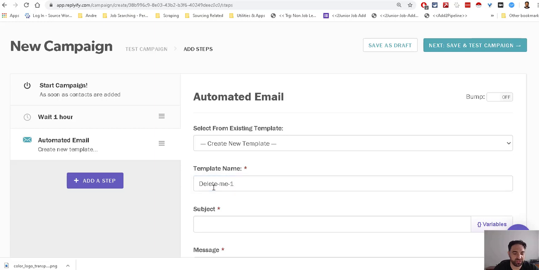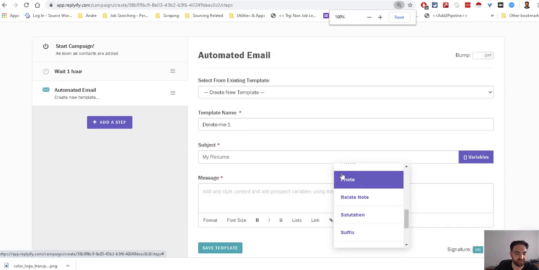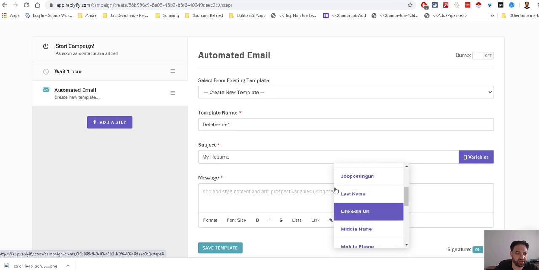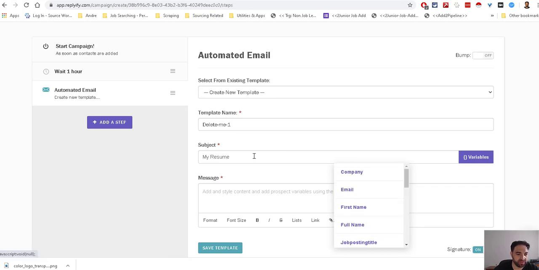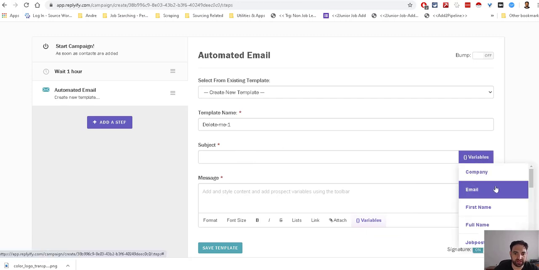And we're going to choose the subject, and let's say we're job searching, and the subject is my resume. Now you can use variables, and it'll give you the option to choose anything that you've put as part of your campaign, even custom fields. I got to shrink this just a little bit down. If you wanted to put the person's name, for example, instead of doing my resume, you might want this to automatically input,